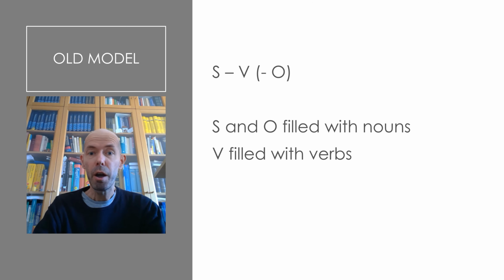Now, this is the old model I've just been alluding to. It basically says that there are fixed sentence structures in English and in any other language for that matter. But let's focus on English first. Sentence structures like a subject followed by a verb, followed by an object, and so on. And the subject and object slots, for example, can be filled with nouns, and the verb slot can be filled